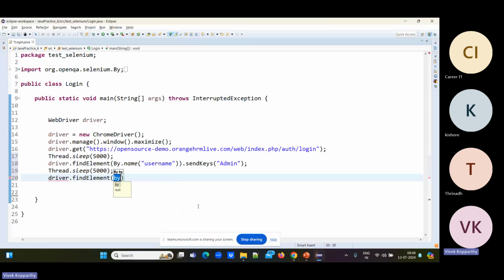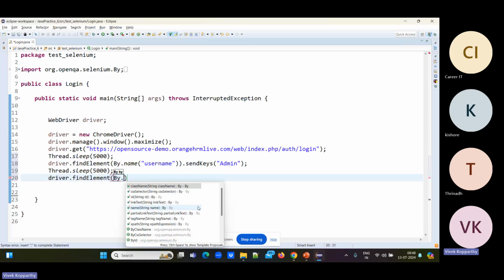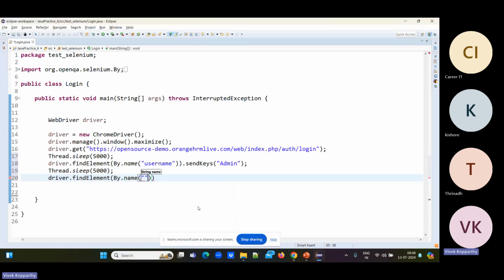Please find an element by using the name attribute, and that name attribute value is this one. It's like saying, please find a student by using roll number 23. Exactly the same way we pass it here, with the dots and quotes, to enter the password admin123. Okay, let me execute till now. See here.